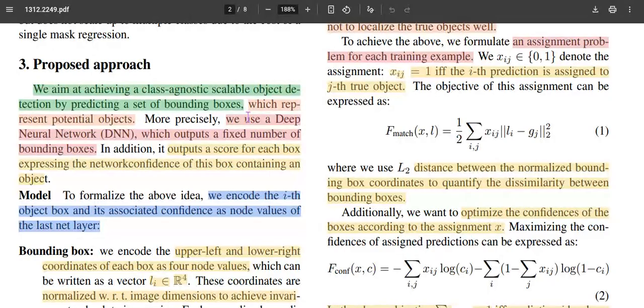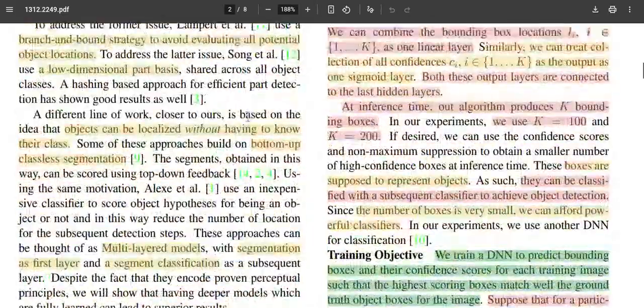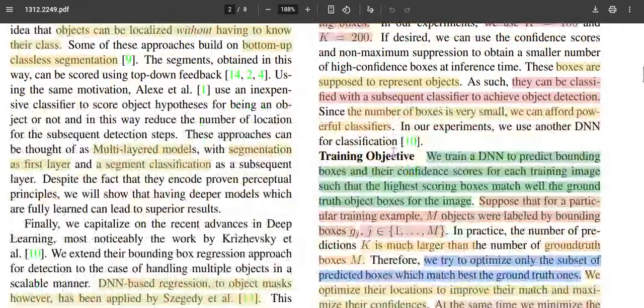It uses a single deep neural network architecture, like a standard convolutional neural network, which takes an image of 220 cross 220 as an input and tries to predict K bounding boxes. K can be on the order of 100 to 200. So it straight away predicts 100 to 200 bounding boxes and tries to match with the ground truth bounding